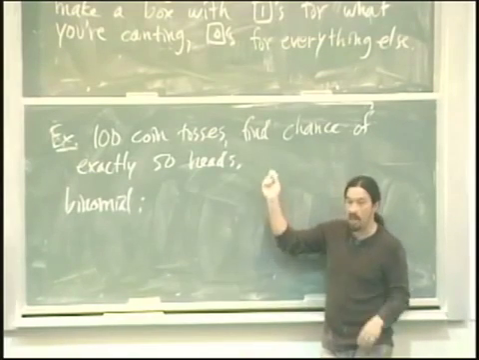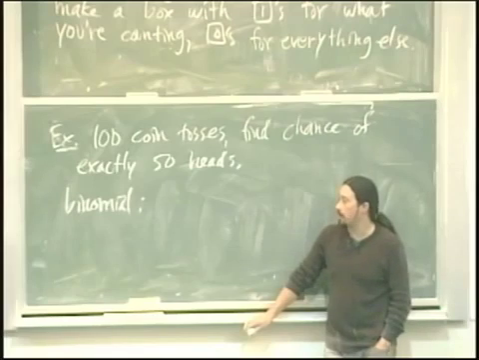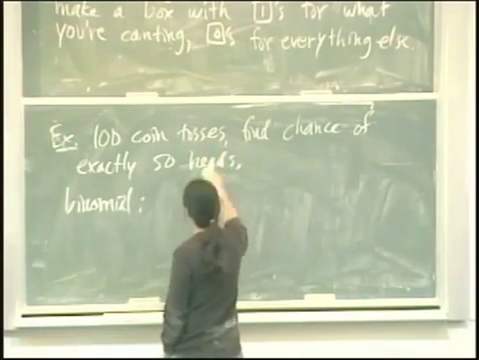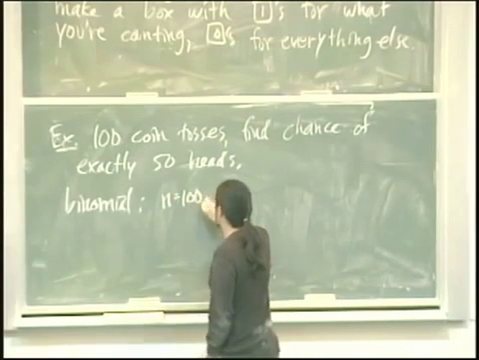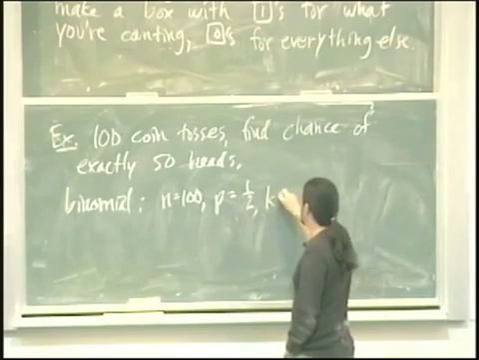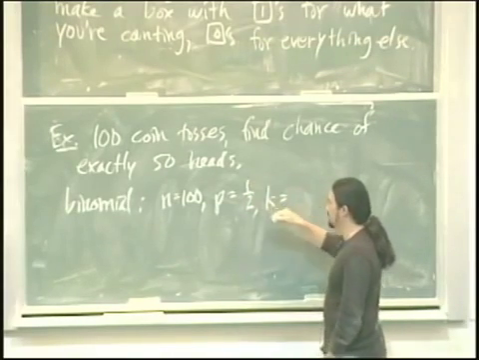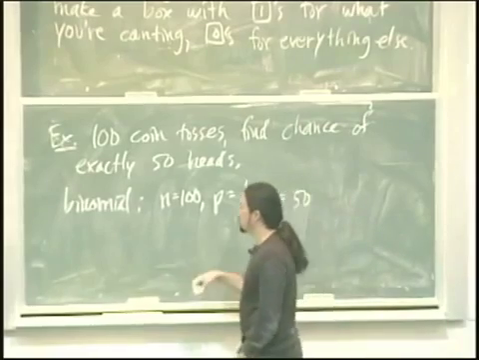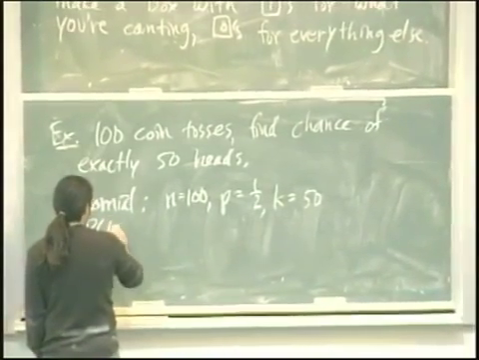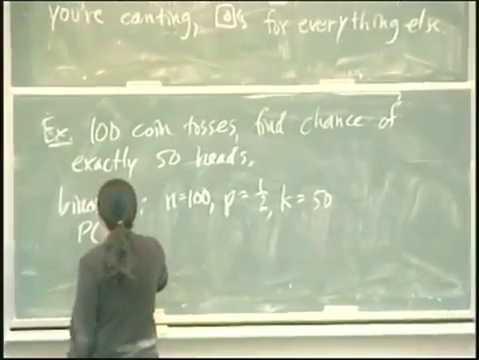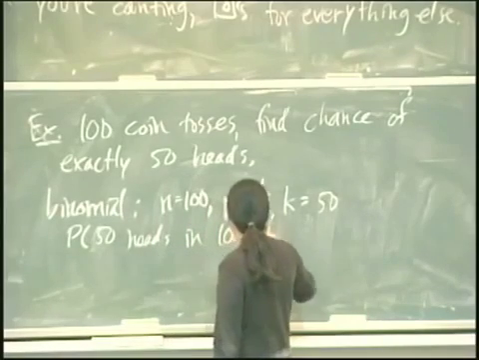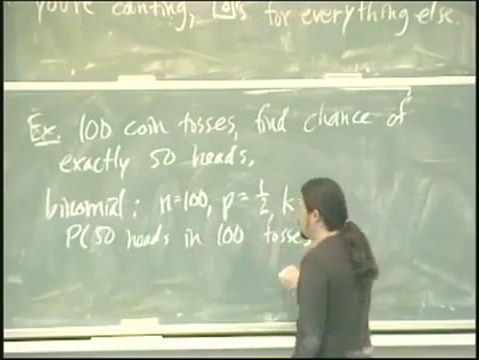P is 1/2 in this case. We can use the binomial formula to find the chance of exactly some number of heads. So basically, in this context, N is 100 trials, P is 1/2, the chance of getting heads, and K is the specific thing that we want, exactly 50 heads. Okay? So the probability of K, meaning 50 heads in 100 tosses, is going to be